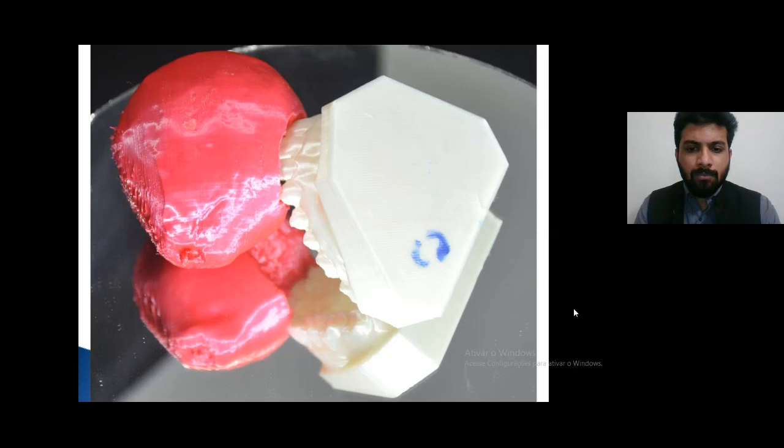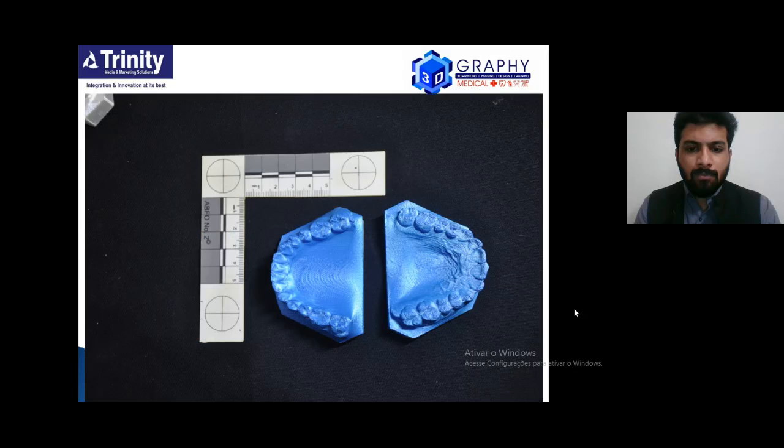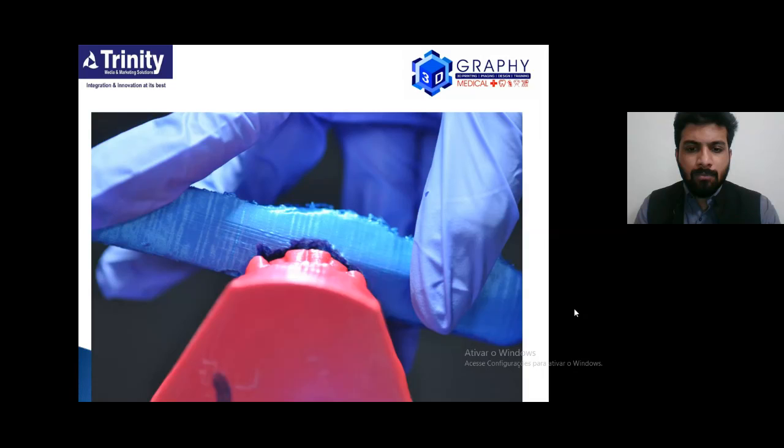Here, comparing one of the foods, a cookie, and a suspected dental model. We use, like I said, the PLA material. ABS we use too. We have used ABS and PLA to print. Here we have a comparative moment,